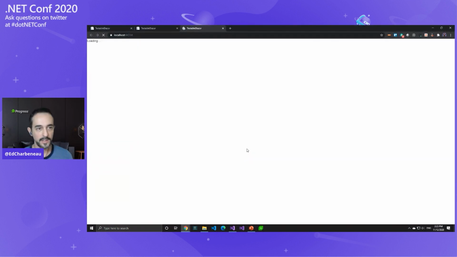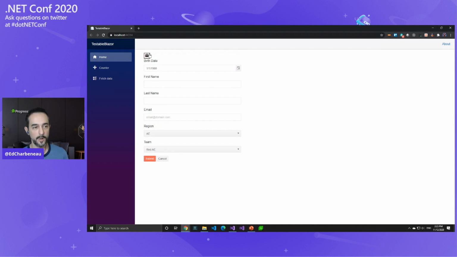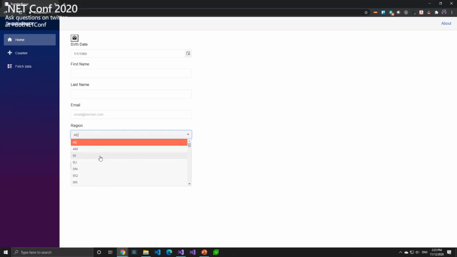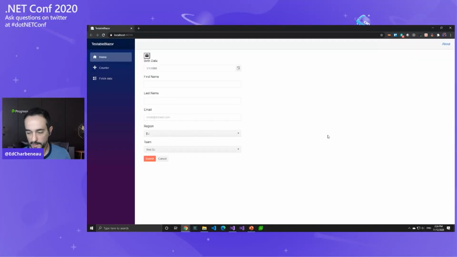But if we wanted to go back now and see the application working properly, first of all, I have my dismissible button or alert box. I can close it and reopen it. So that's working now. And notice my drop-downs actually have data now because they're actually calling the method that they're supposed to call and selecting the default items that they were supposed to select. I have one more feature on this page I want to test here. If I submit this, you'll see I get a thank you pop-up. So I have one more set of tools that I want to show